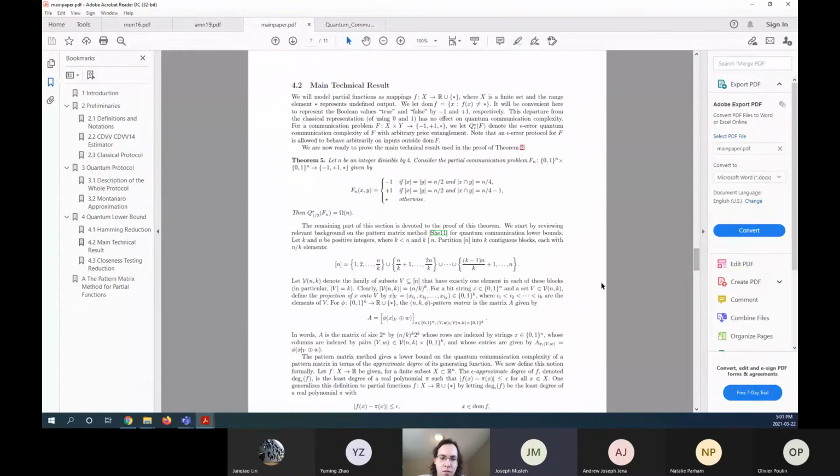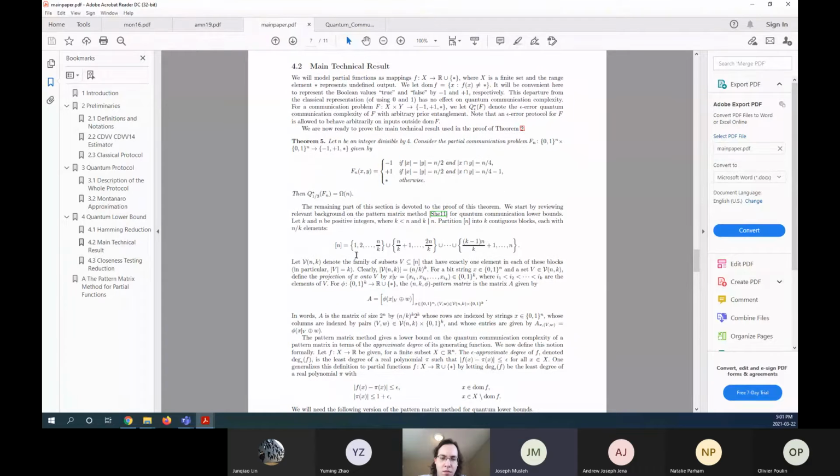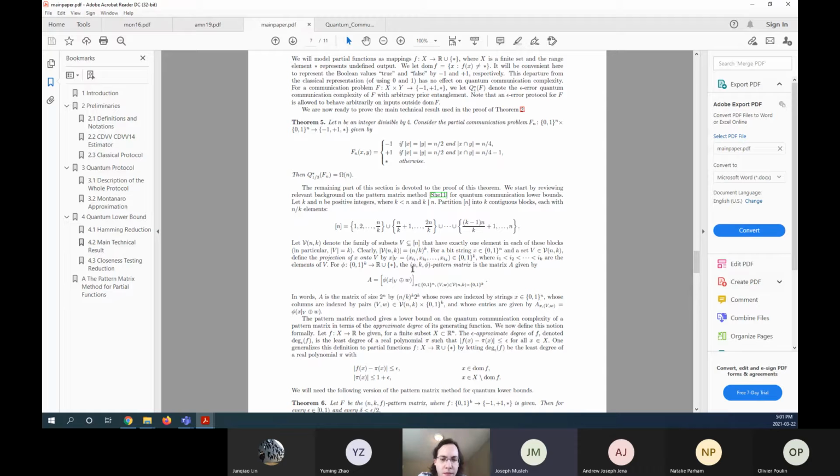Right. So they use a technique called the pattern matrix method. The idea with the pattern matrix method is to bound the complexity of computing some function on shared inputs by looking at the quantum complexity of computing the pattern matrix. So they define this pattern matrix nk phi,